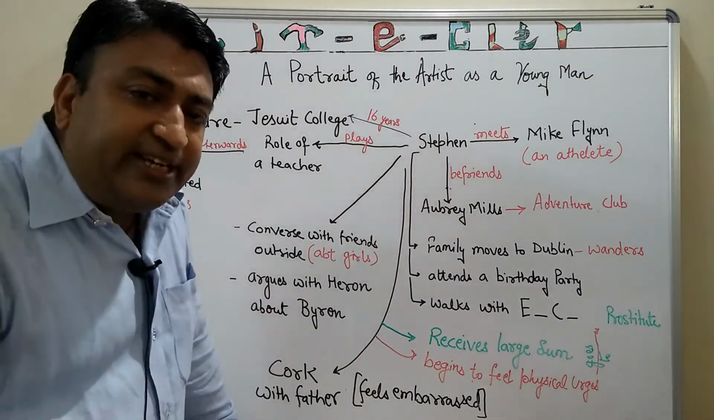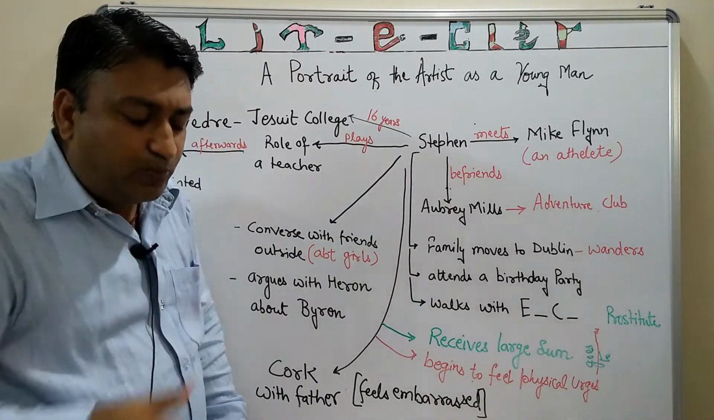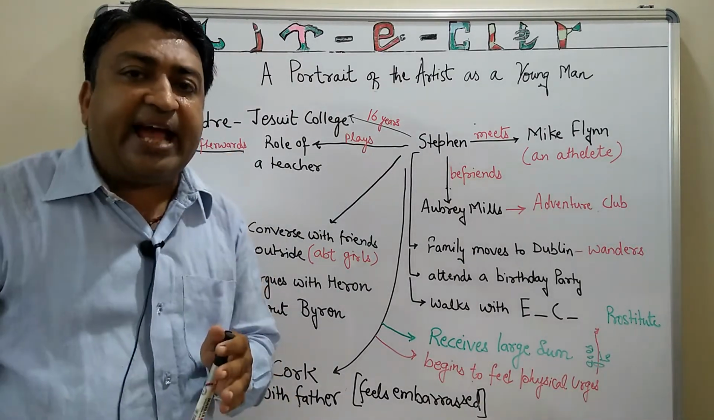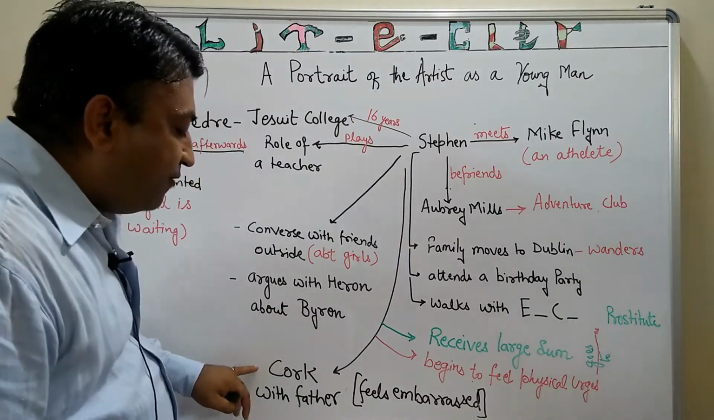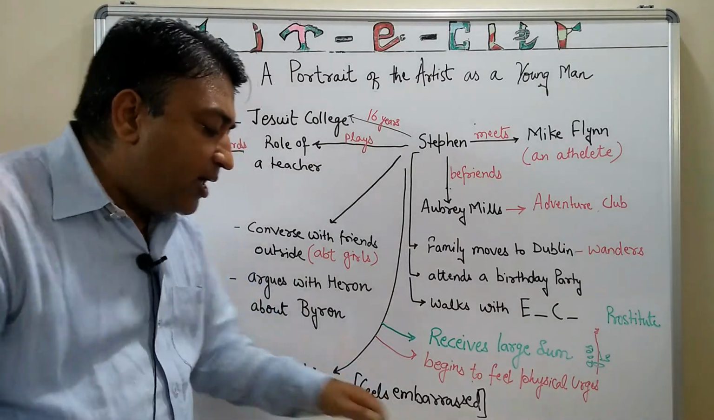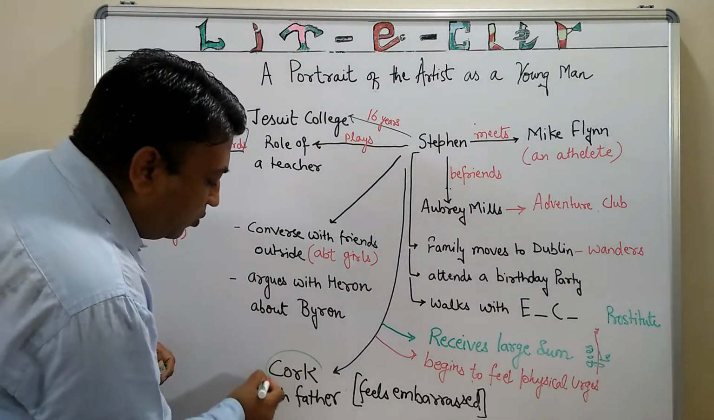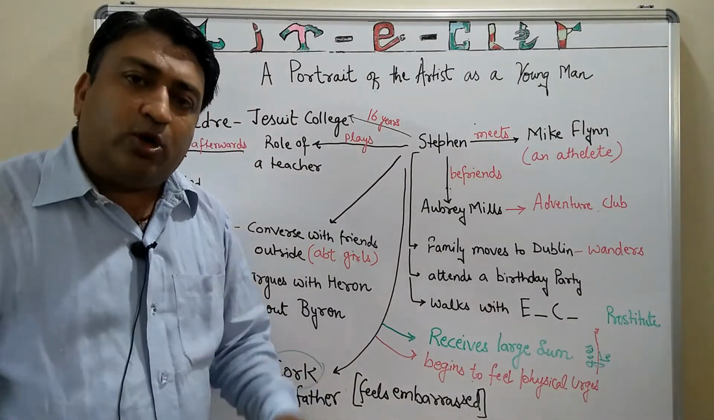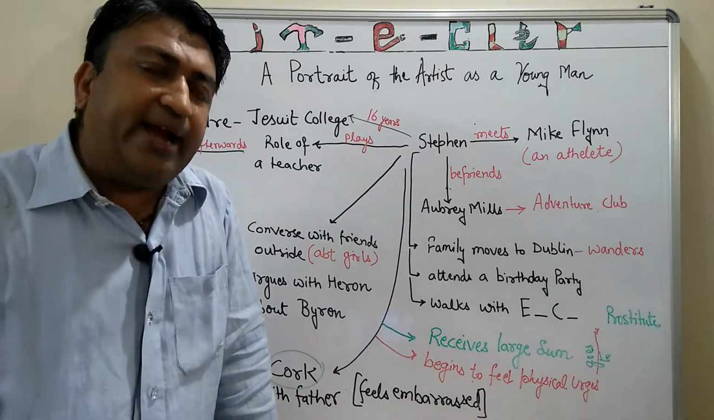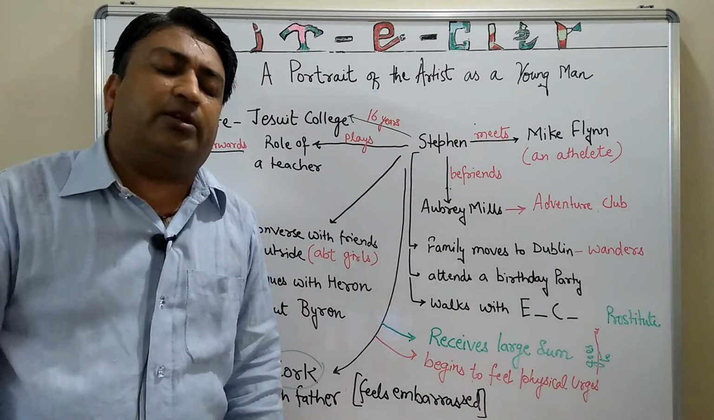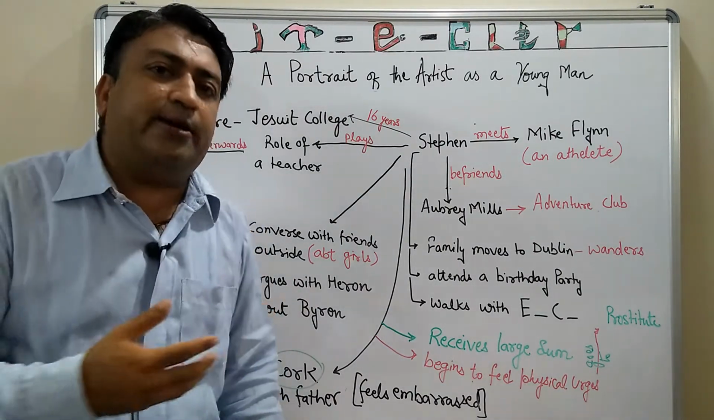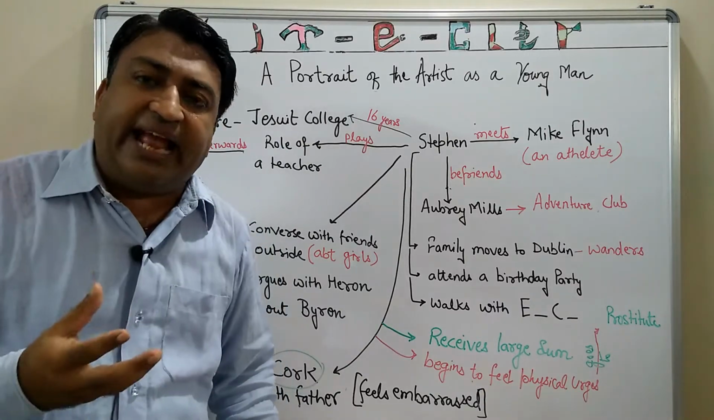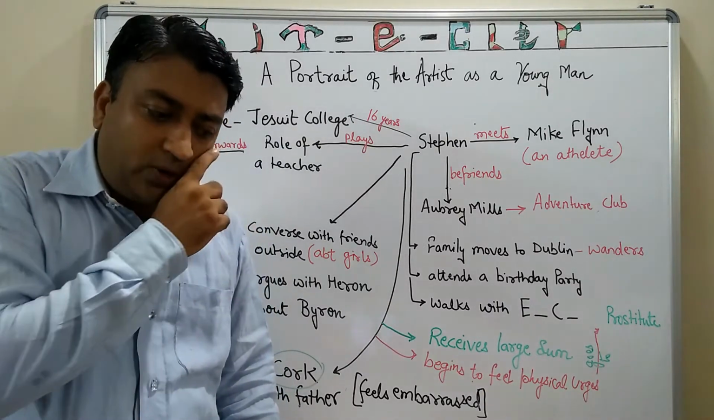Another incident happens at this period of time: he has a visit to the city of Cork. Now, this city Cork is the hometown of his father, and they have to sell a property there. So he takes a train there, and throughout the visit, his father tells him various anecdotes, interesting stories about